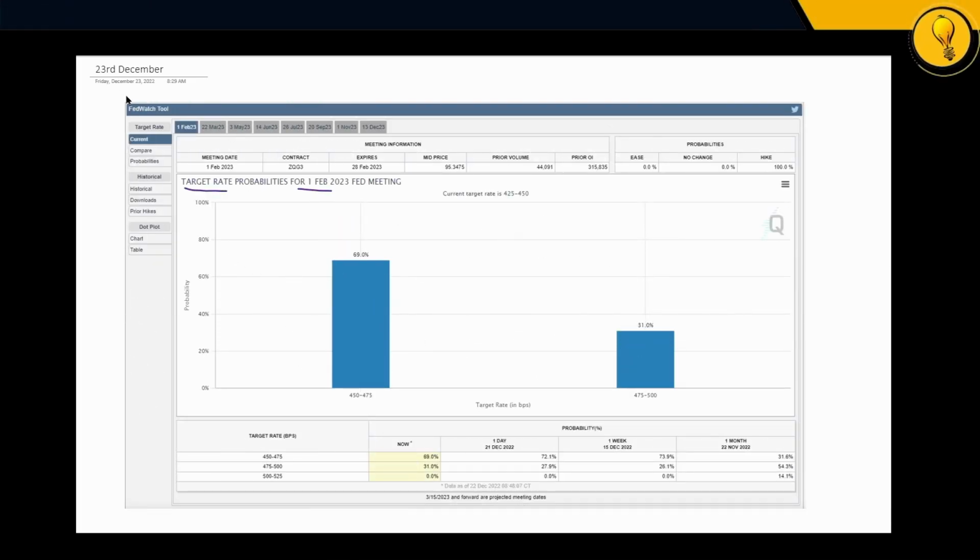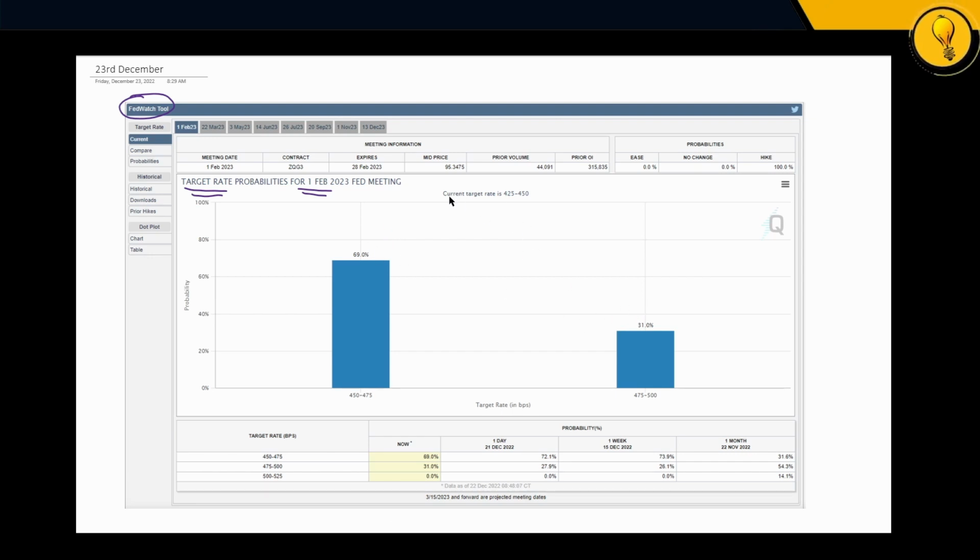Alrighty, let's begin with the Fed Watch tool, target rate probabilities for Feb 1st. Now, for those of you who are new here, don't let this chart intimidate you. I'm going to explain everything that's going on over here. And by the end of the video, you're going to be saying, damn, that's actually very simple and very powerful. And those of you who have been following, we have something really interesting going on over here, something that's going to set us up for the next bull run. So you do want to be paying attention. So let's go ahead and begin.